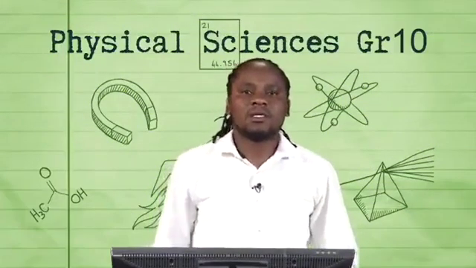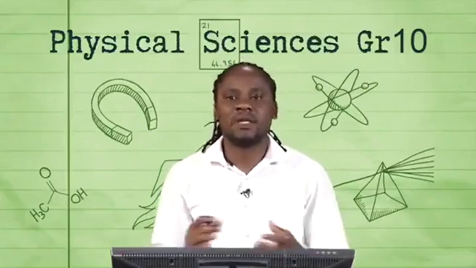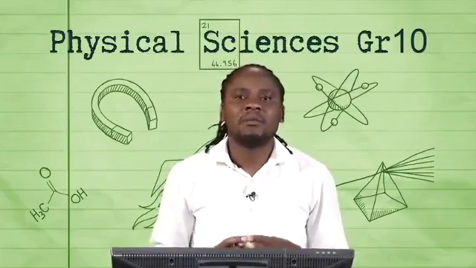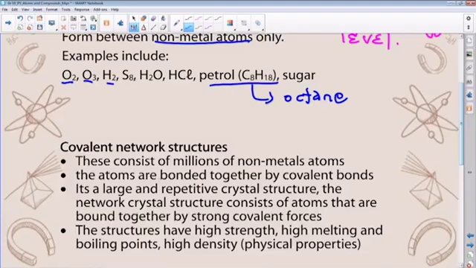Hi, welcome back, guys. After a short break, we were just talking about the molecular structures as far as covalent bonding takes place between atoms of non-metallic elements. The next part of covalent bonding that we shall look at is what we refer to as covalent network